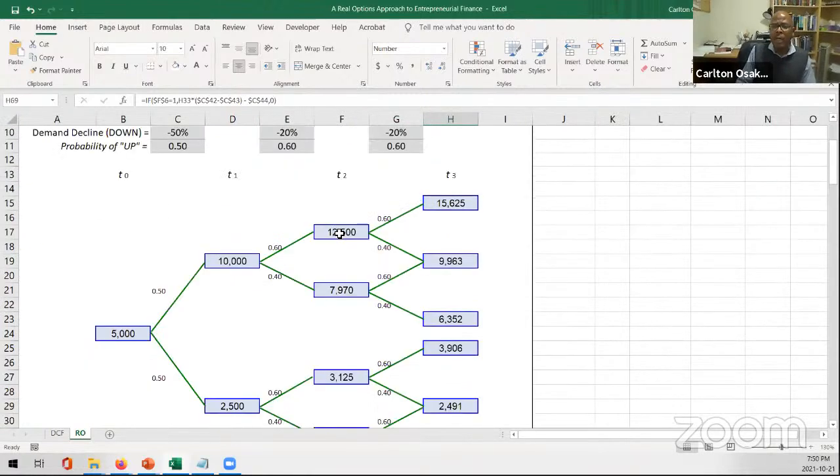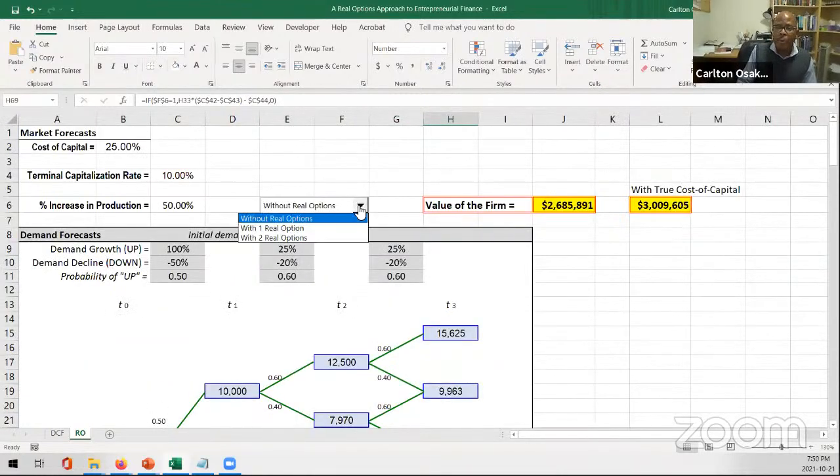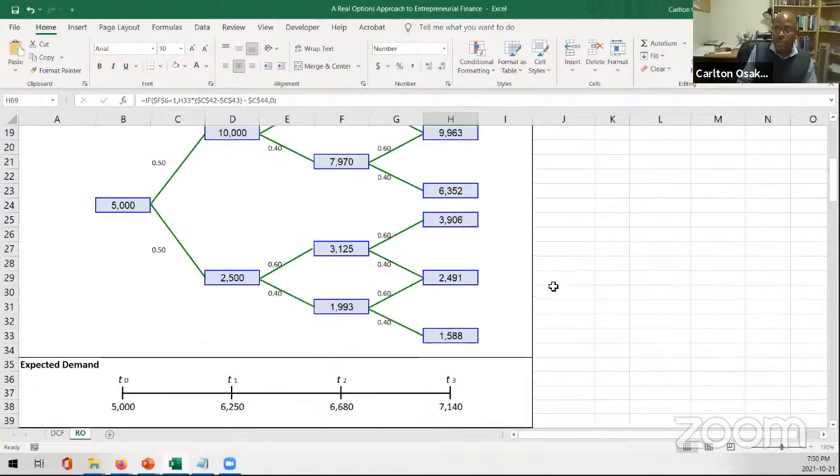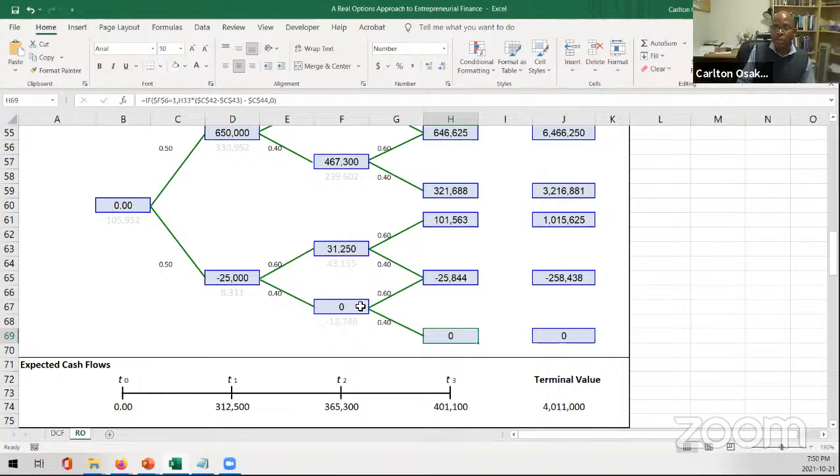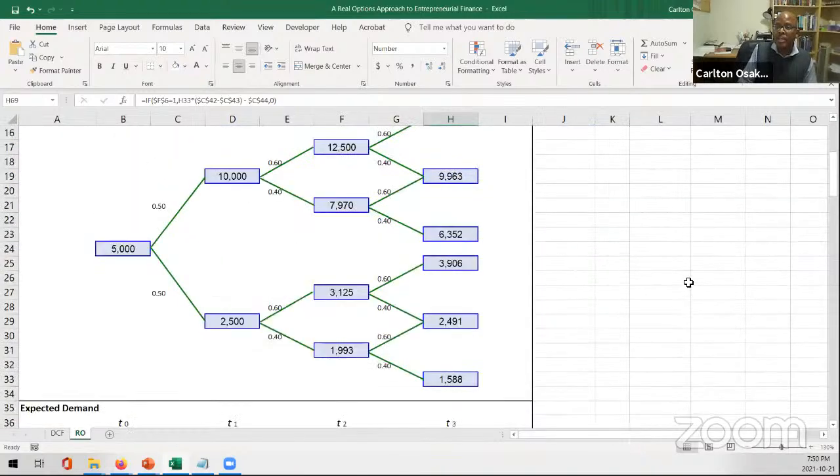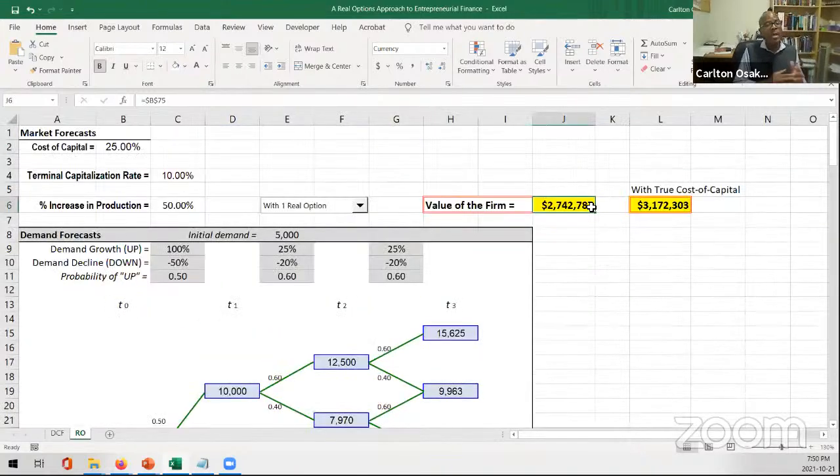And if that's the case, then these negative cash flows will actually turn out to be zero. So if we put in the first real option, which is the abandonment option, and we take the negative cash flows to be zero here, and this one would also be zero up here, so it cuts in half. It turns out that the value of the firm goes up because you are no longer generating these negative cash flows. The value of the firm increases by a certain amount just by exercising the abandonment option.